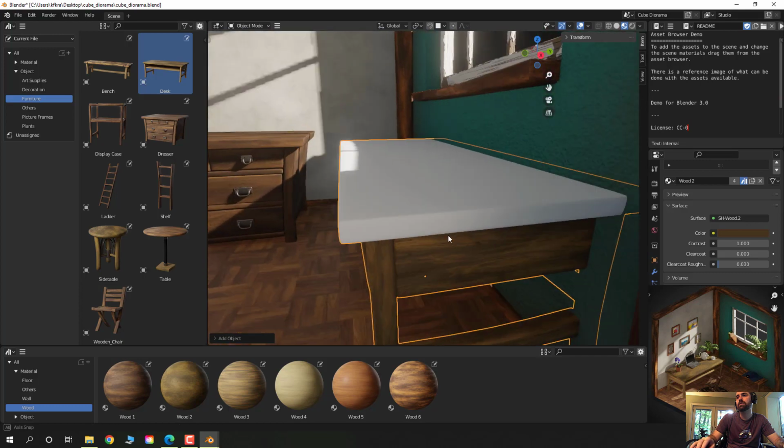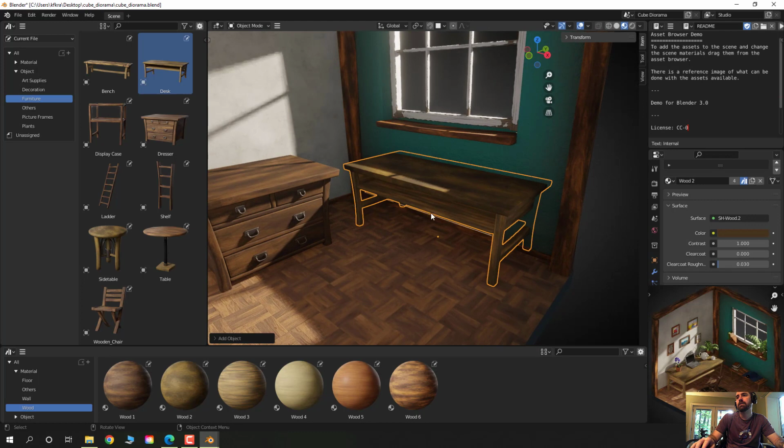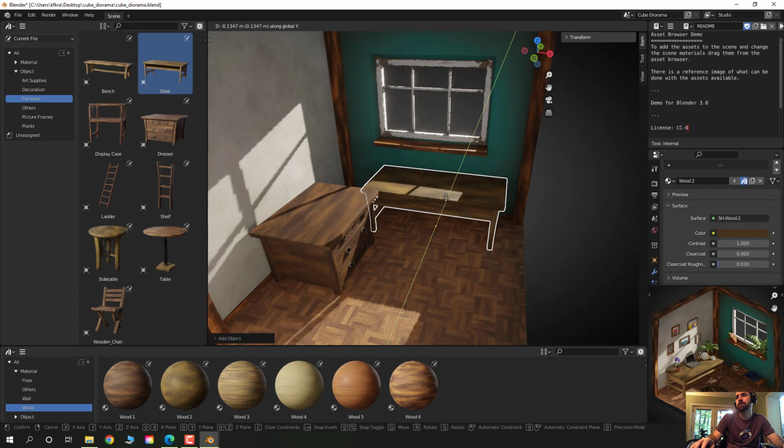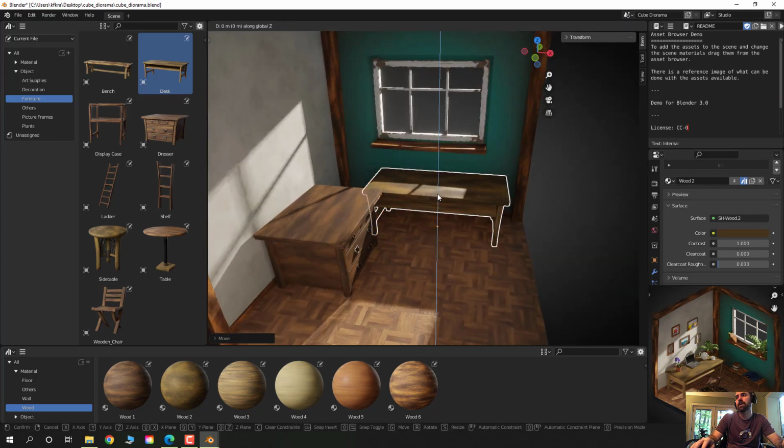That looks fairly good. Yeah. Looks like it's oriented right. I'm going to grab it on the y-axis, G and Y. Pull it with my mouse. Looks like it's not against the wall anymore. I'm going to pull it in the x-axis a little bit, get it away from that